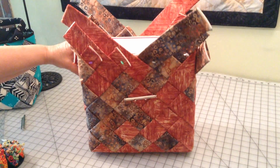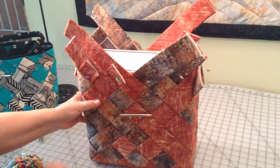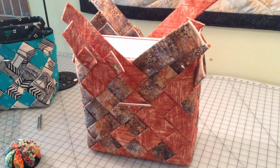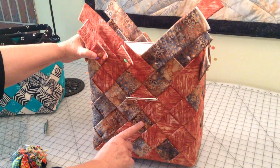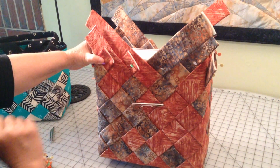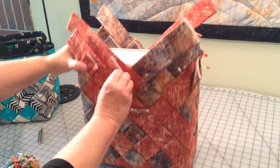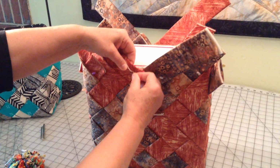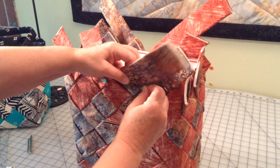So now that everything's nice and secure, your clasp is on, although you can do this clasp after you've removed it from the box. We're going to be removing this from the box. So again, we're going to have 1, 2, 3 complete diamonds and a half a diamond. So when I take this off the box, I want to pin it above this half diamond. So I'm going to remove the pins and place them horizontally